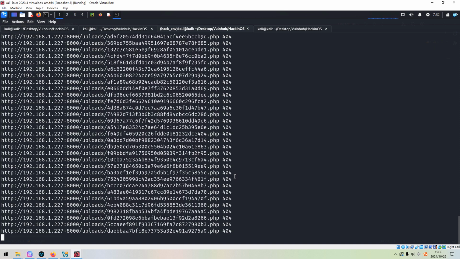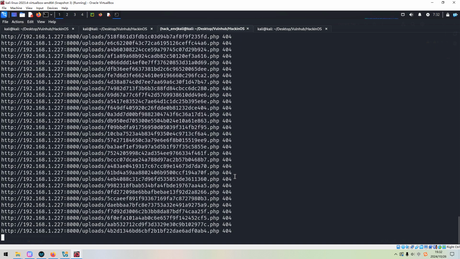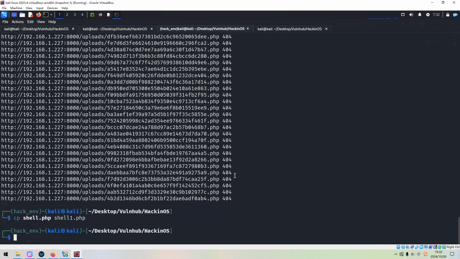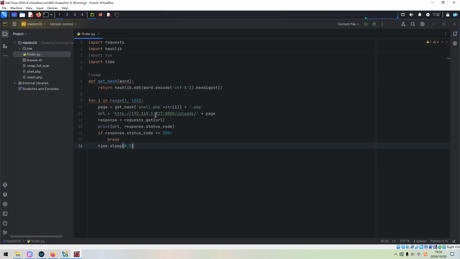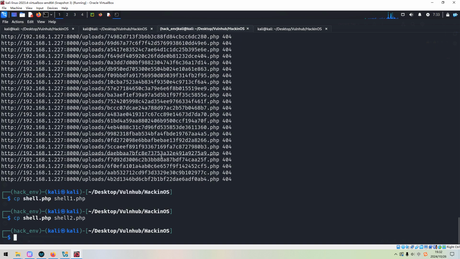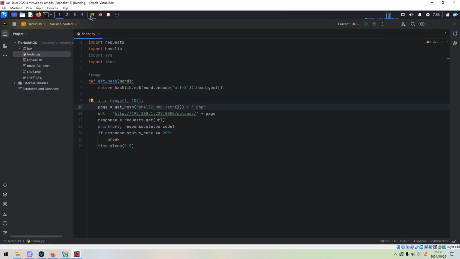But it failed to find the file name or location. Maybe we can upload another file with the same content, and we can change this to shell1 or shell2, which doesn't matter. Shell2.